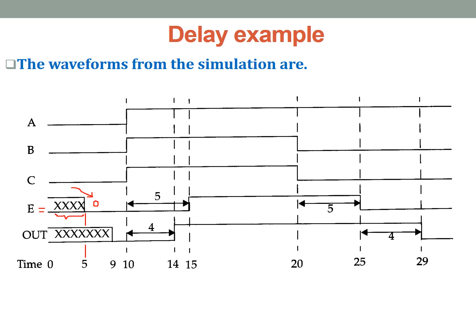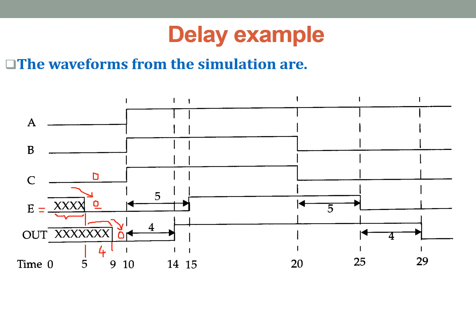And then when this is 0, the OR gate output takes another 4 time units from here, because only after E is ready does it act as the input to the OR gate. The OR gate works as E or C. C is 0 here. So 0 or 0, we are expecting a 0, but we don't get a 0 immediately. It shows a 4 time unit delay, which is the delay specified in the OR gate. Only after 4 time units does the OR gate output finally become 0 over here.